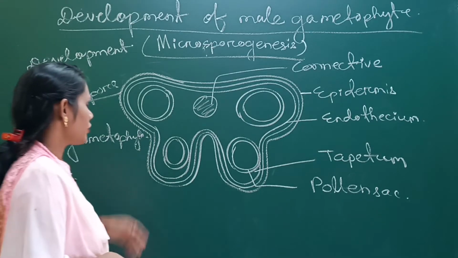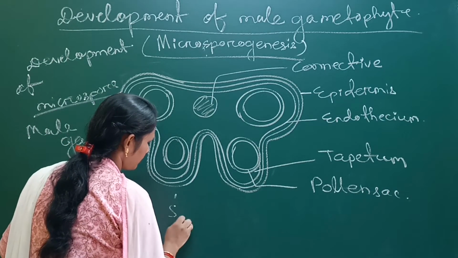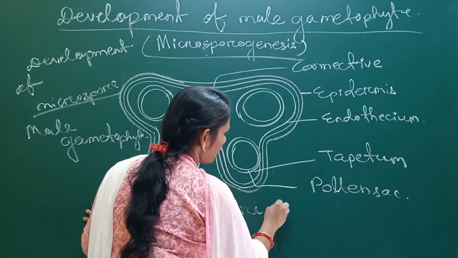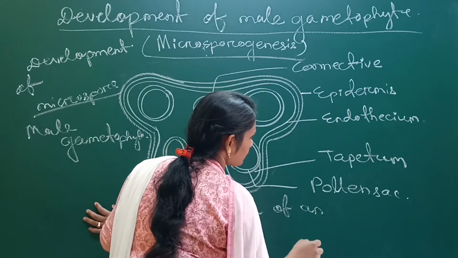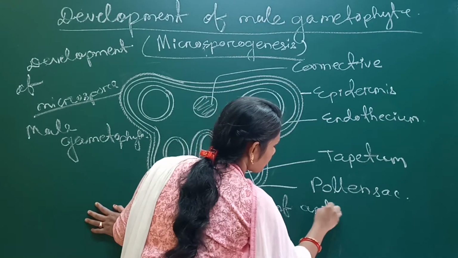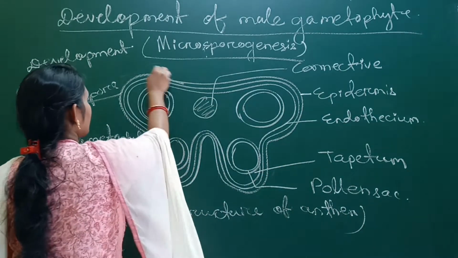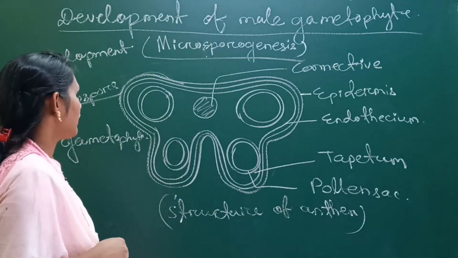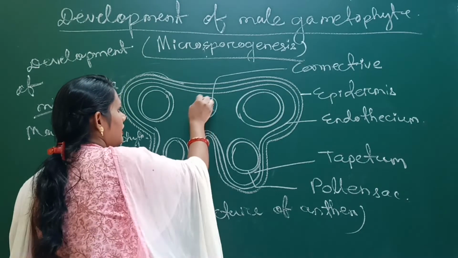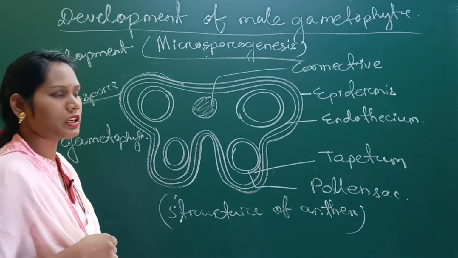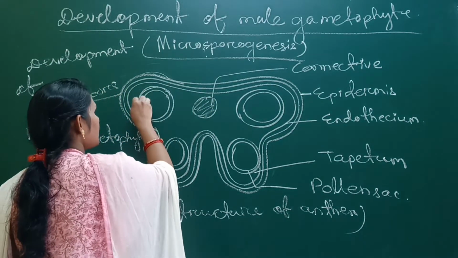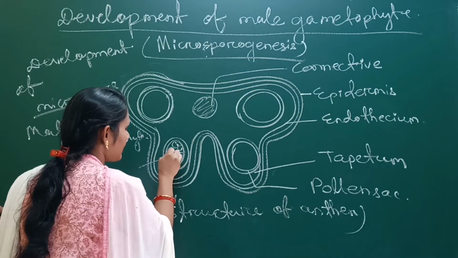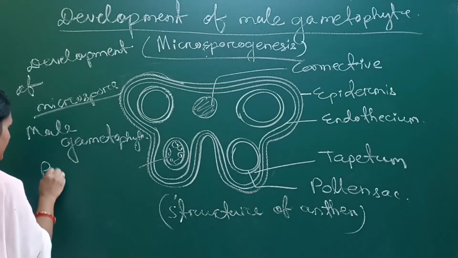Here you can see the structure of an anther, as we have discussed in our previous class. It has two anther lobes, and each anther lobe has 4 pollen sacs, and the sterile projection is called the connective. Here the pollen sac contains some cells, and those cells are called primary sporogenous